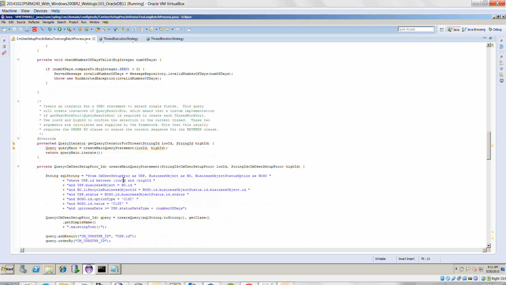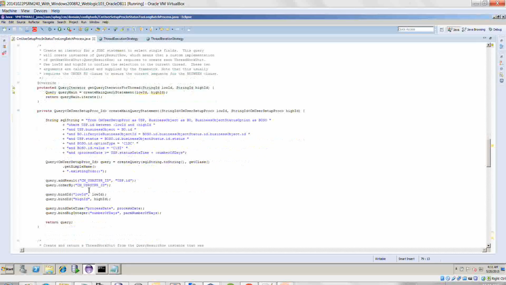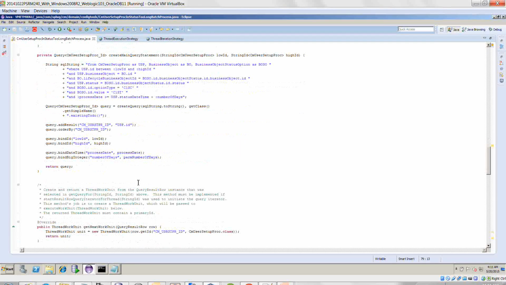to look at, and this is an SQL using Hibernate to query the user setup processes of a specific option type. We're looking at status condition equal to staying too long, and if it's longer than a certain amount of days, then we get back a query result. And that query result gives you back something called an iterator, which is the input into getting the next work